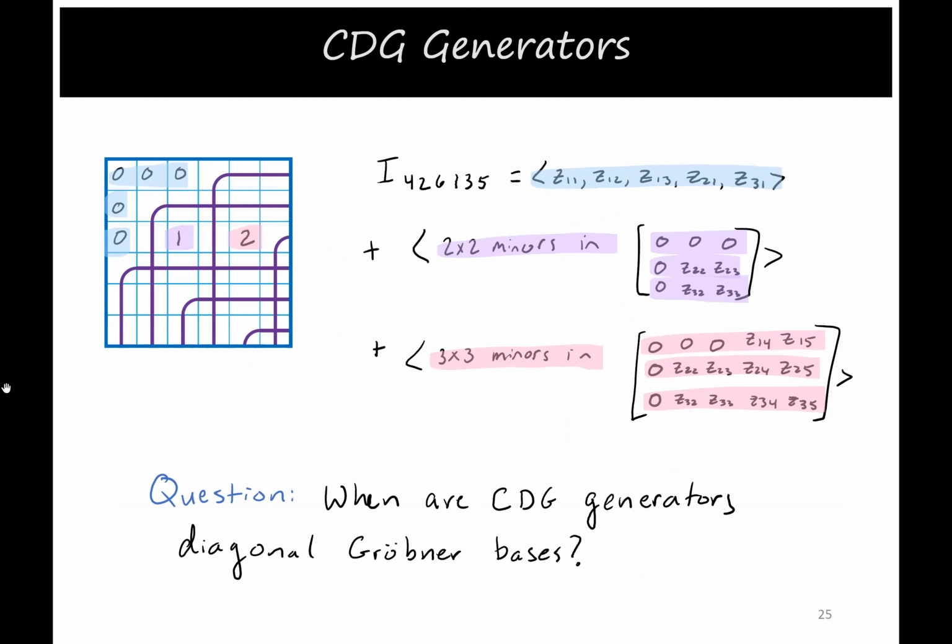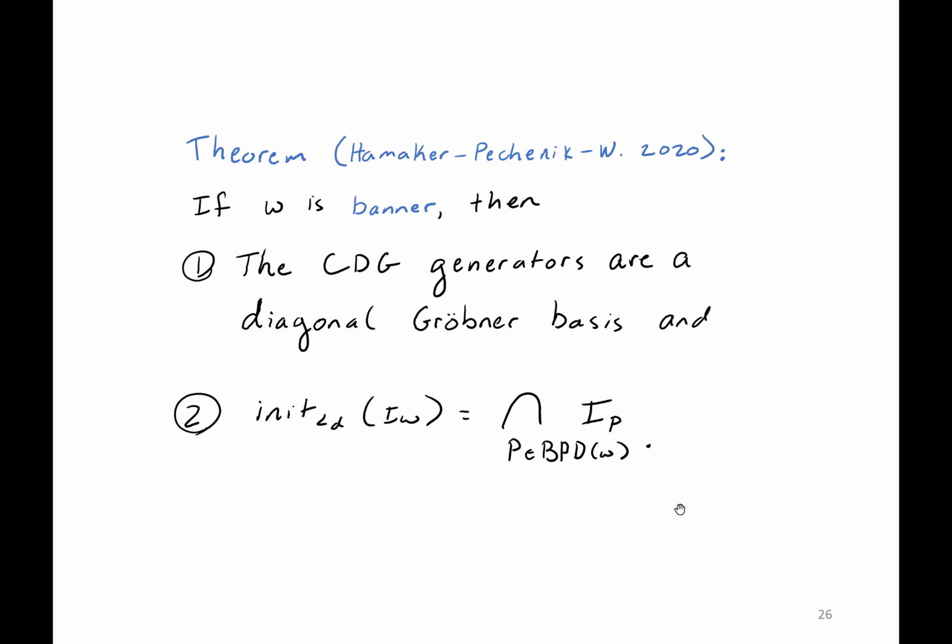So in trying to solve this conjecture, we thought about, well, how can we get a Gröbner basis? And so one of the cheapest tricks that you can try is just to zero out these single variables in the larger minors that you're taking. And so you can ask, well, when are these things that we called CDG generators Gröbner bases for diagonal term orders? So with Zach and Oliver, we were able to show that if you have a specific class of permutations, I'm not going to tell you what this class is, but we called it Banner,